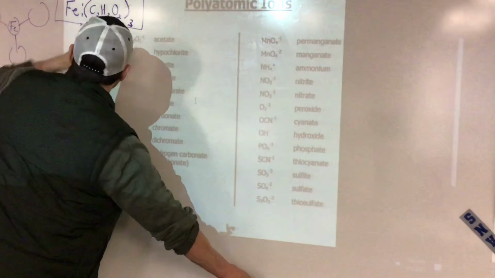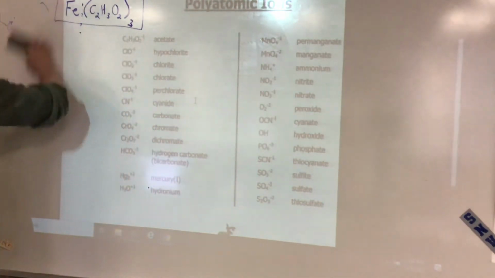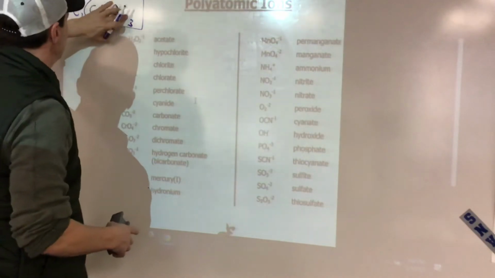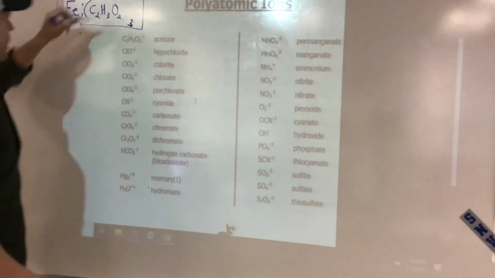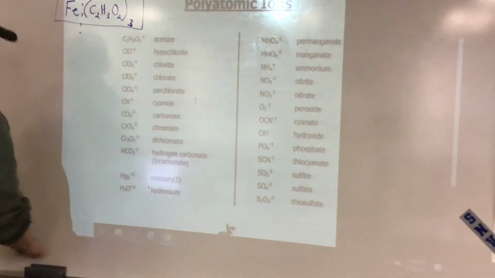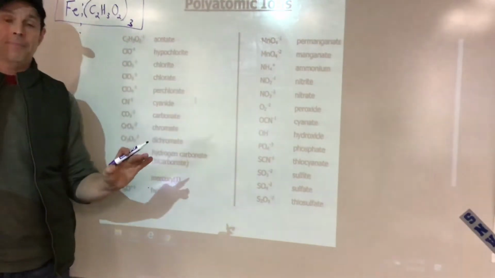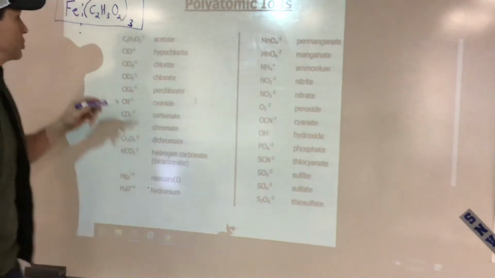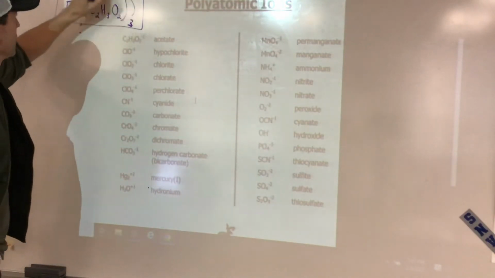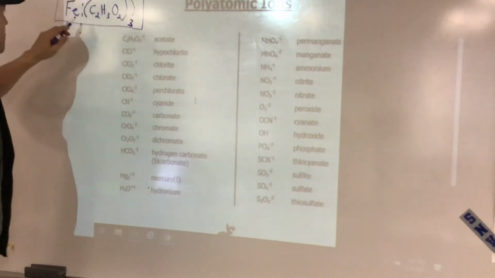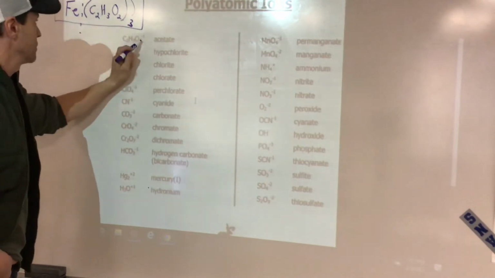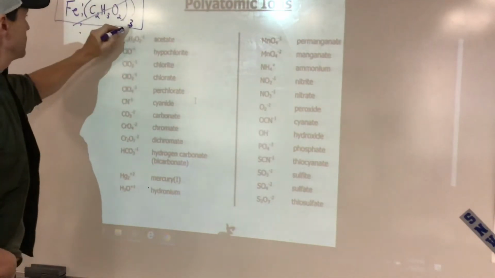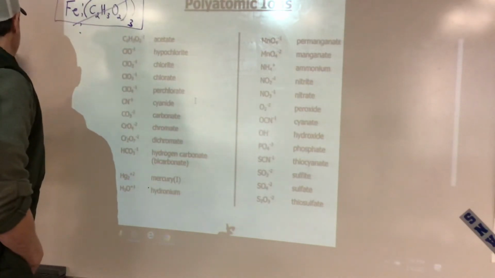So I put the parentheses because if I didn't, I would get confused and this would look like O23, which it's not, right? Because these are separate. So then the rules are the same as we've already talked about. Either way I'm practicing. We uncross the charge. So we know that this 3 must be up here. And because this was Fe by itself, because look, this is -1, we knew that this was going to be a -1. So by this uncrossing, we knew that this was going to be iron